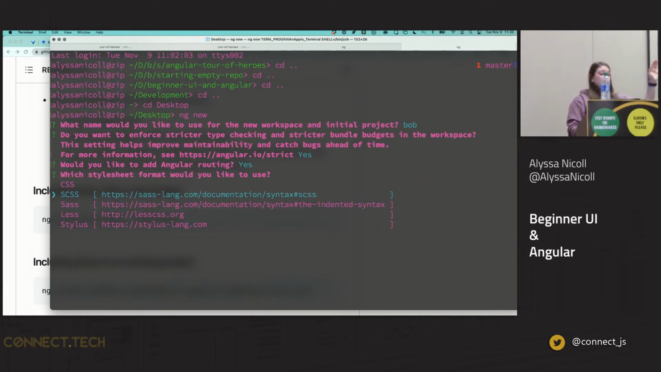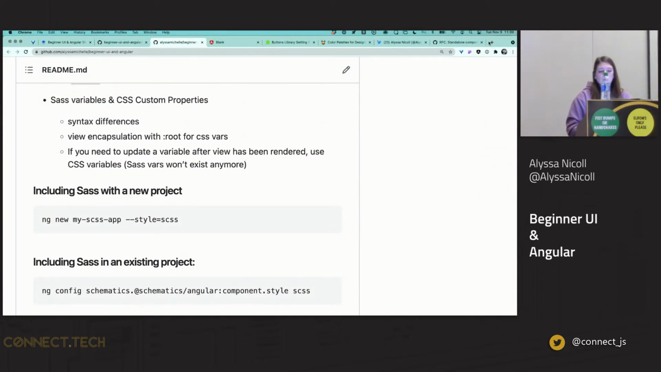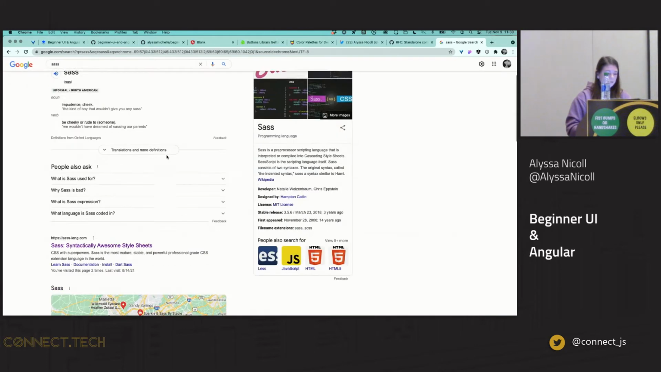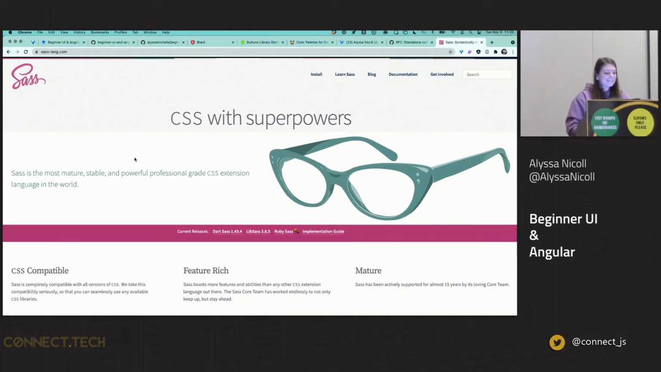The difference between SCSS and Sass is essentially syntax. So they're the same thing. If we go to the browser and we type in Sass, hopefully we get proper things. Oh, Sassling. I always forget. I'm like, how do I get there? It's not just sass.com. So Sass, as you're seeing here, is the CSS extension, and there are